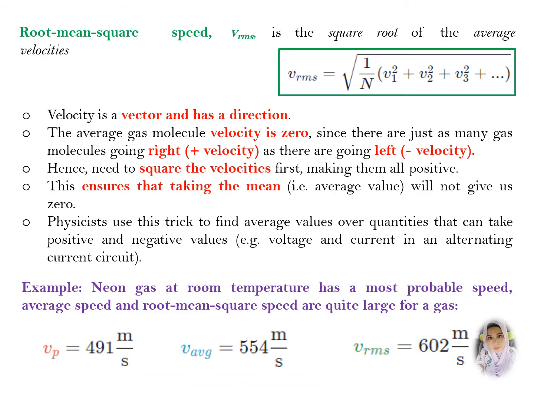According to the kinetic molecular theory, gas particles are in a state of constant random motion, which means individual particles move at different speeds, constantly colliding and changing directions. We use velocity to describe the movement of gas particles, thereby taking into account both speed and direction. Particles moving in opposite directions have velocities of opposite signs.